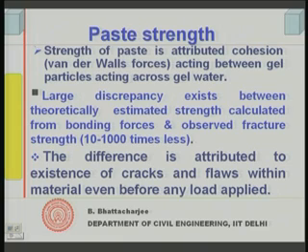This is Griffith; in 1925 Griffith looked into these problems of brittle material, and the theory that was developed is that since the actual material, the paste or similar brittle material, shows much lower strength than that predicted theoretically, this must be happening because there are some defects or flaws in the material right from the beginning. They are inherent in the system even before you have applied any load. So, that is the idea, and based on this idea further concepts have been developed.